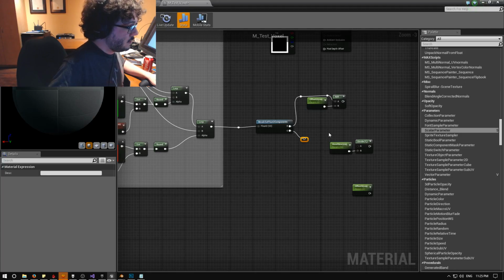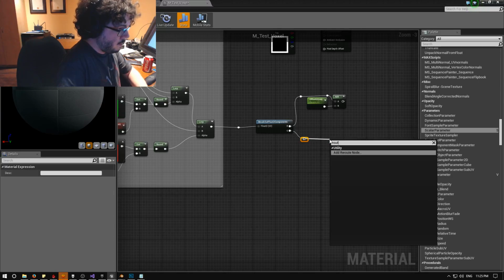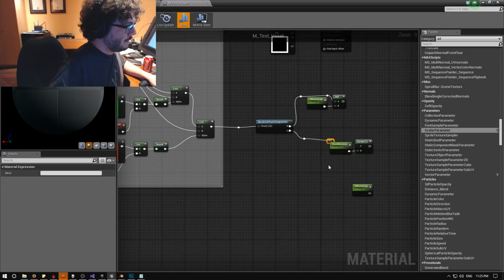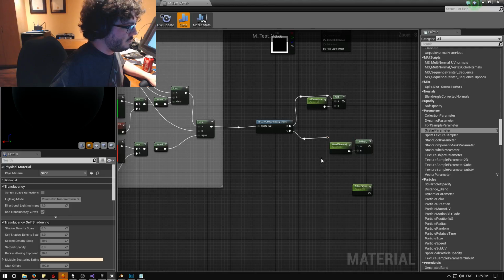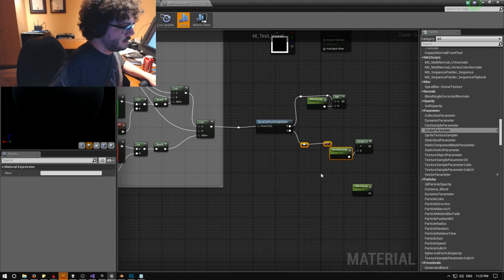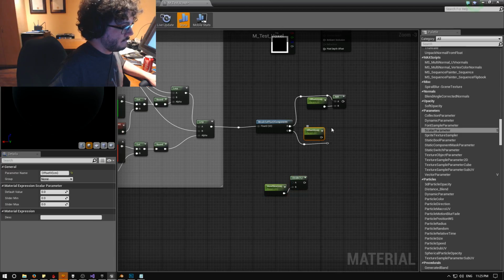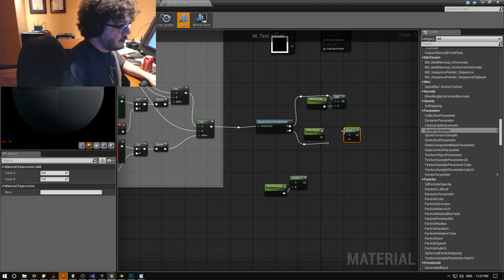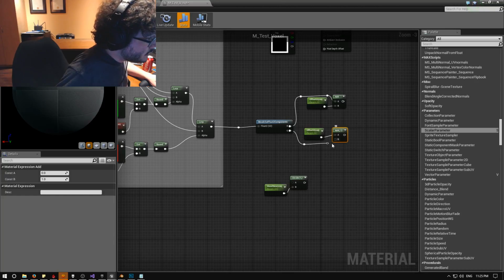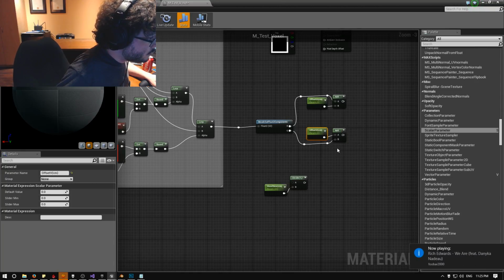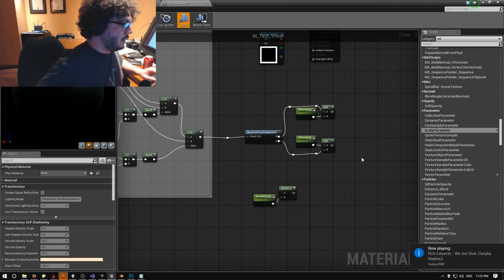Route node here. Route node here. Wow, I don't know what's causing this to freak out, but sure, whatever. And then do another add node here. Add is commutative, so I don't care which one is A, which one's B. Then